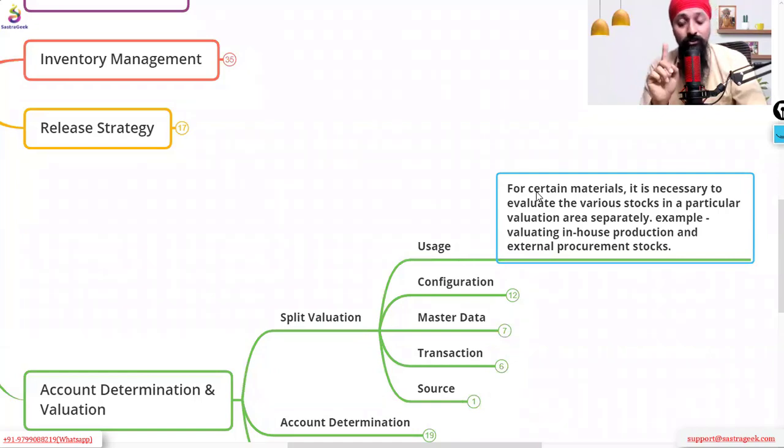But the split valuation is used. So you know that we have a company code level valuation, or we have a valuation area, which can be the plant. Okay, your valuation area can be company code or plant, which means that if a material A is there, sugar, or let's say it's a juice pulp, you can say what should be the valuation area for different plants, it can have a different value. That's what you can set up.